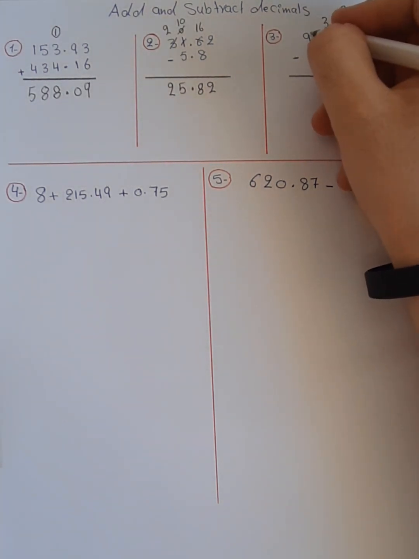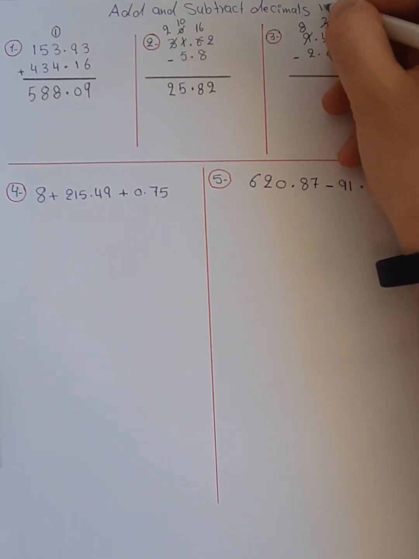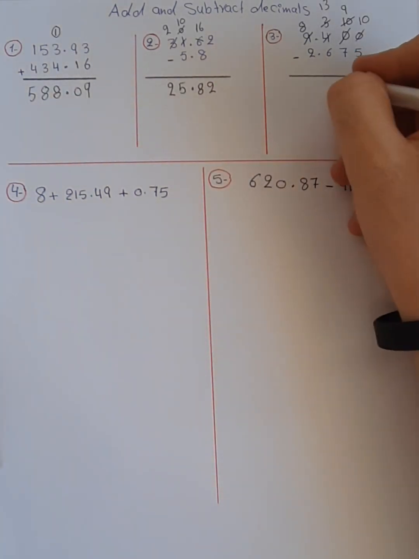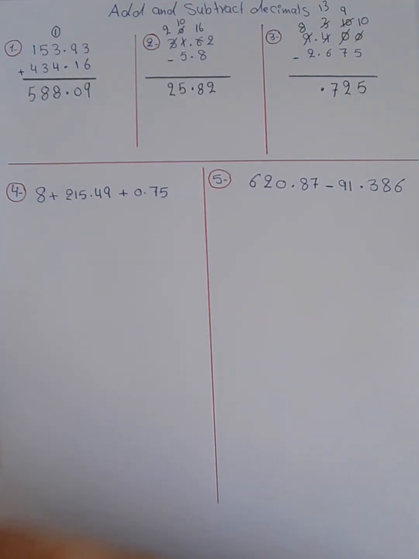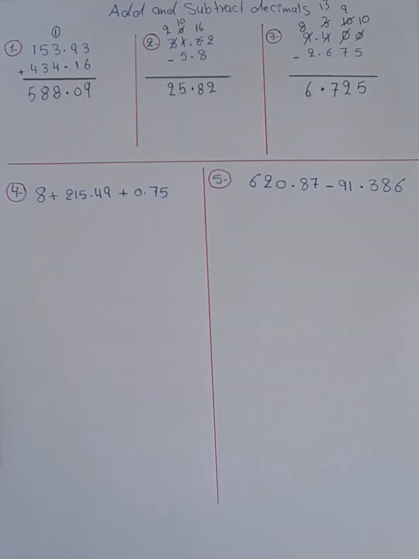you have to break apart 9 become 8, and 3 become 13. 13 minus 6 equal to 7, and write the decimal point in the same place. 8 minus 2 equal to 6. Example number 4, we have these 3 numbers, and